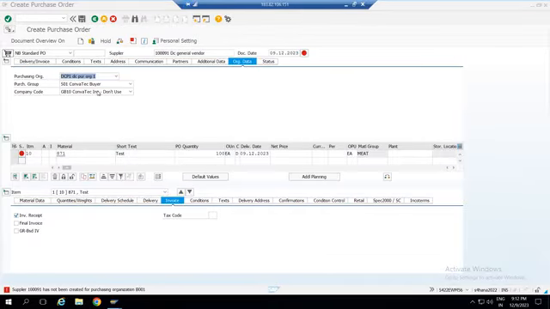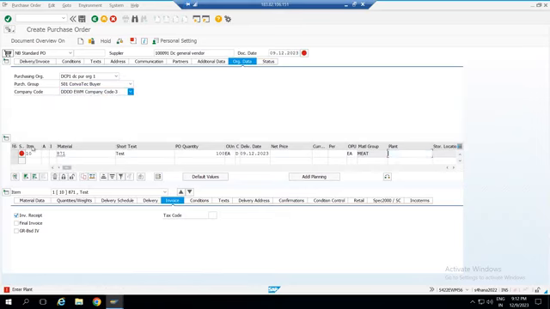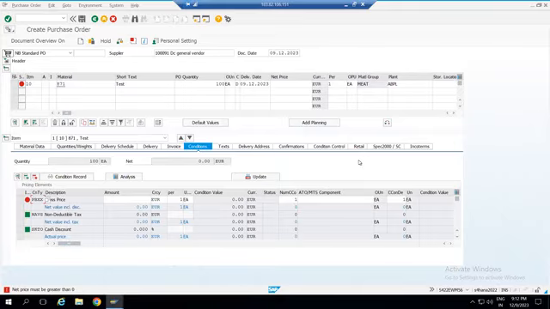And which company code is it in? Now, if you think in terms of business language, okay, now you can see it is not red. That means we are good to create a purchase order.